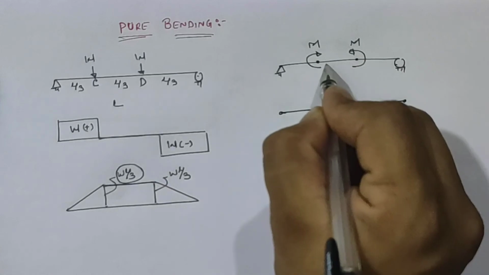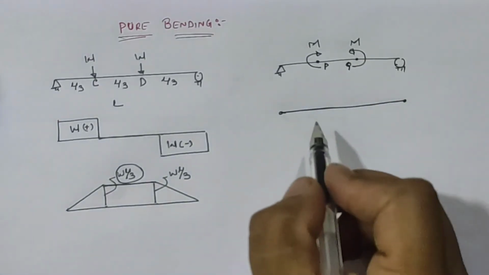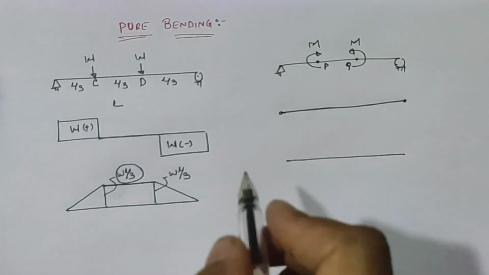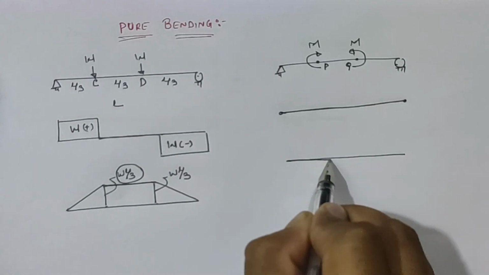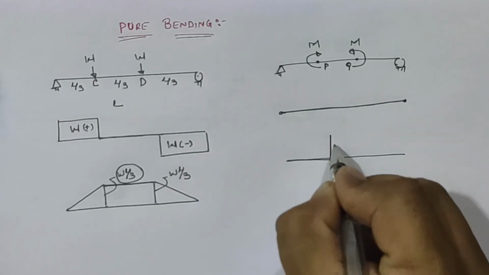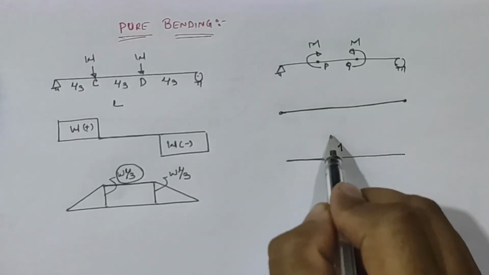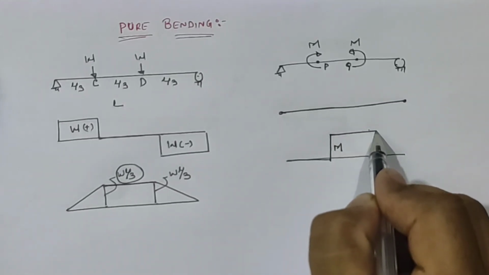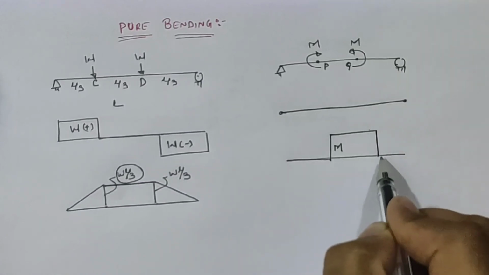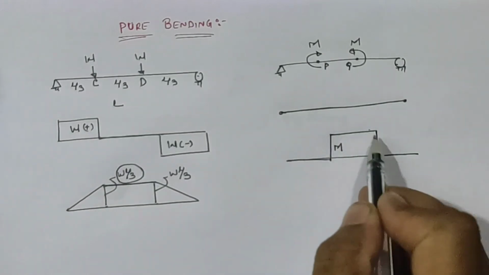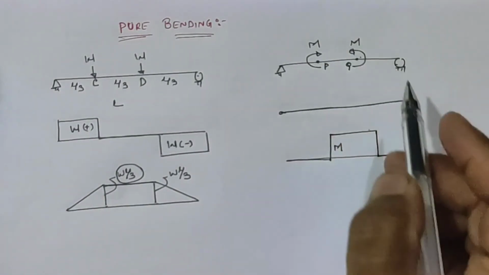If we assume the points as P and Q and draw the bending moment diagram for the given loaded beam, it is 0 up to point P, then due to the clockwise moment it goes upward in direction as M, and from P to Q it is a straight line. At point Q, due to the anti-clockwise moment it is 0, and from Q to the support the bending moment is 0. So this part P to Q is in the pure bending state.